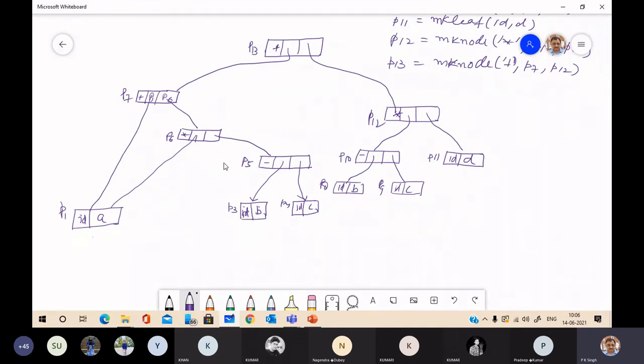Okay. Now you can remove this P8 and make a link with this P3.